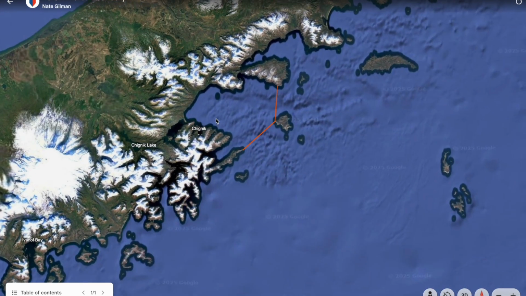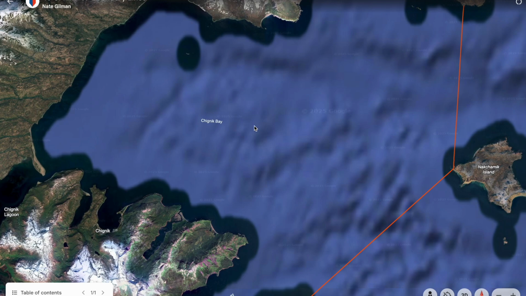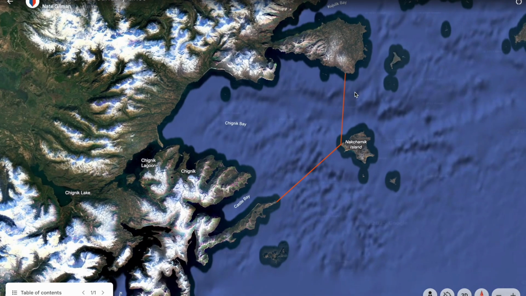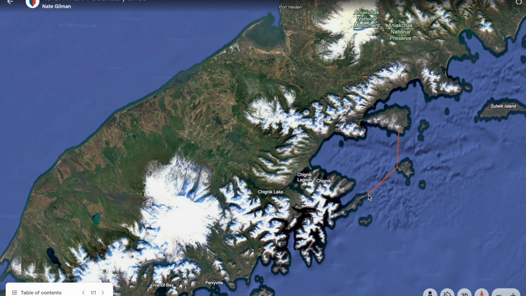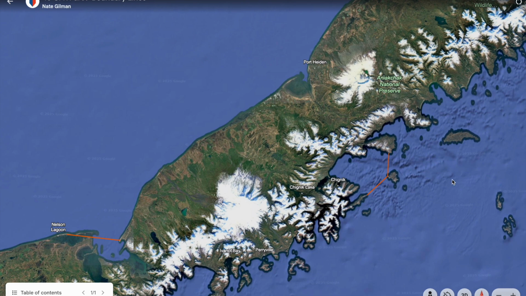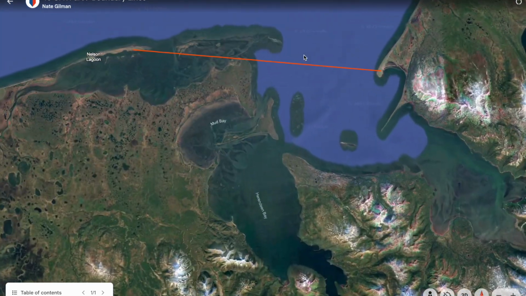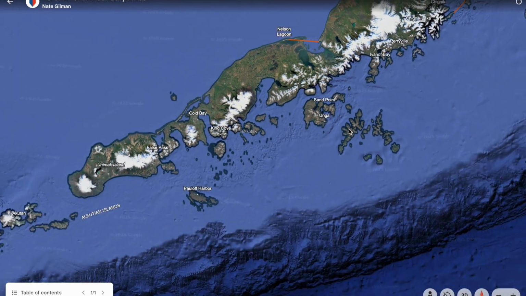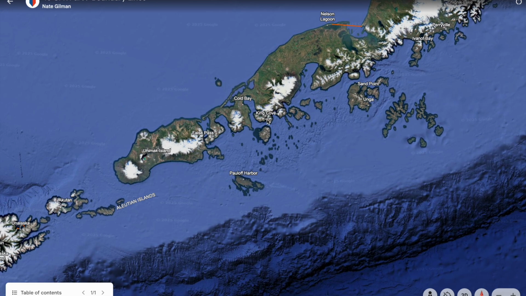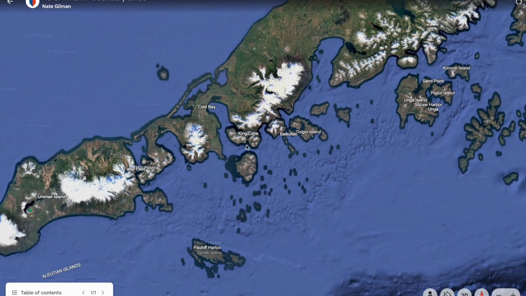Going to Chignik, the inside of Chignik Bay is going to be all inland. But anything out here is going to be all near coastal, right? So as you're making your way to, like, Castle Bay is inland, beautiful spot, but this is all near coastal. Same thing as you make your way down to the lagoon on Nelson Lagoon on the other side. This is all inland. This is all near coastal. As you make your way around, interestingly, like King Cove, near coastal the whole time.